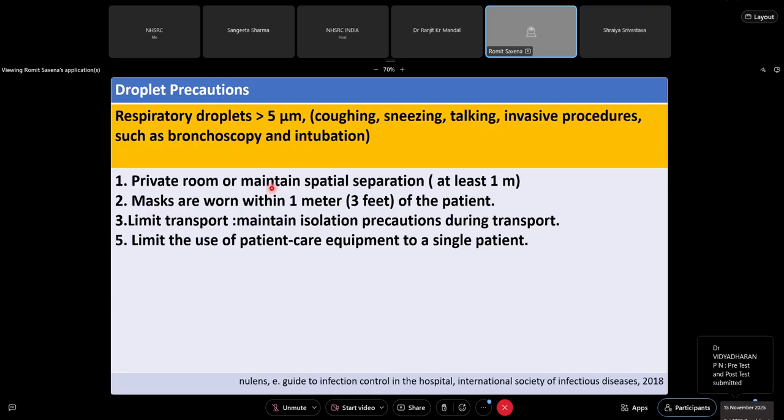Or you can curtail it: wear a mask. Ensure if the patient is having droplet infection or airborne precaution, don't take him in the middle of a busy OPD for an X-ray, for a procedure. Or if he requires, then choose a path such that the way is as clear as possible. Obviously, the patient severity, if it needs an X-ray, you have to take him. There's no option about it. But you can make the kid wear a mask. You can try to identify a better route. Again, small measures you can take. But obviously, if the patient needs an intervention that is life-saving or important, you'll have to do it.